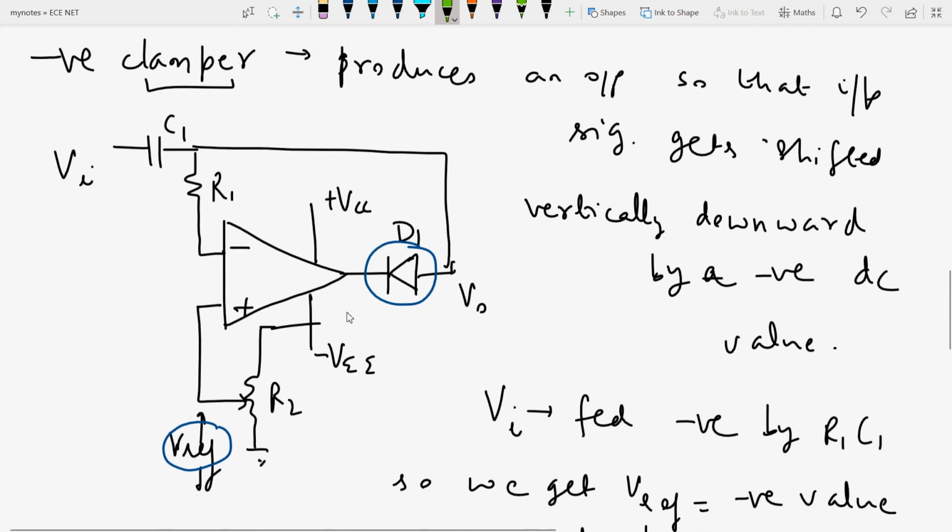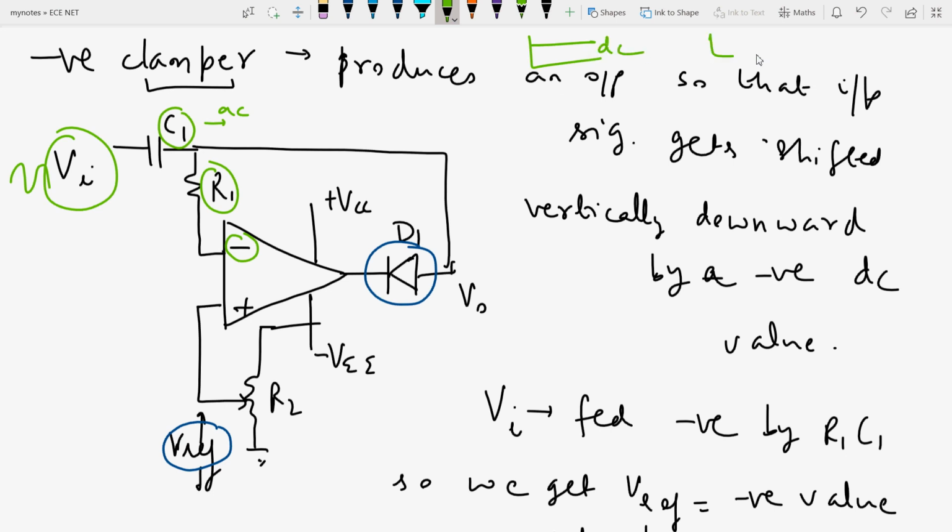Here, see, the sinusoidal input signal is applied at the inverting input terminal through the R1 C1 network. C1 just blocks DC and passes AC, because AC is fluctuating in nature and DC is only a fixed signal. Sinusoidal signal can change in the positive half cycle or the negative half cycle, but the DC signal remains continuous in only one direction. This is DC, and sinusoidal is like this, positive half, negative half cycle, that's why it is AC in nature. So here the diode polarity is reversed, and V reference is set with this R2. V reference can be achieved by varying the value of this R2.